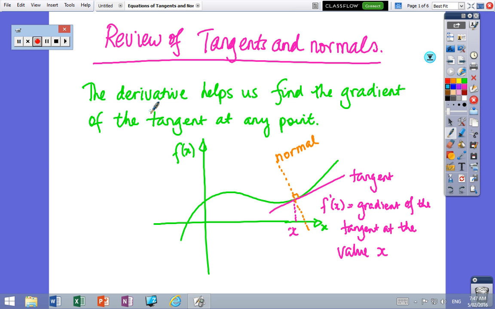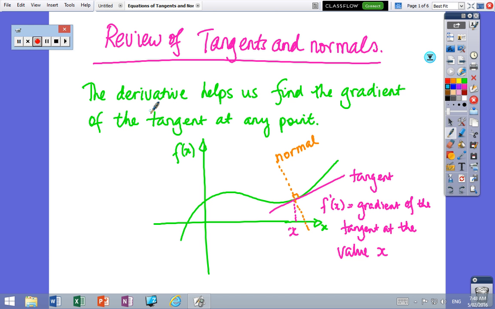Okay, so we're looking at revision of last year again. We're looking at equations of tangents and normals. Hopefully you've picked up again that the derivative helps us find the gradient of the tangent at any point. I've got a diagram there where there's a tangent to a certain point and then the normal is at